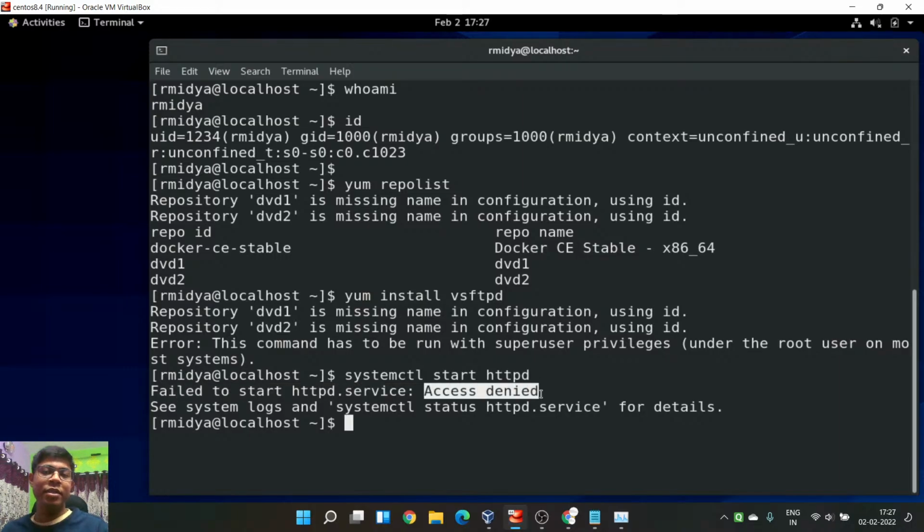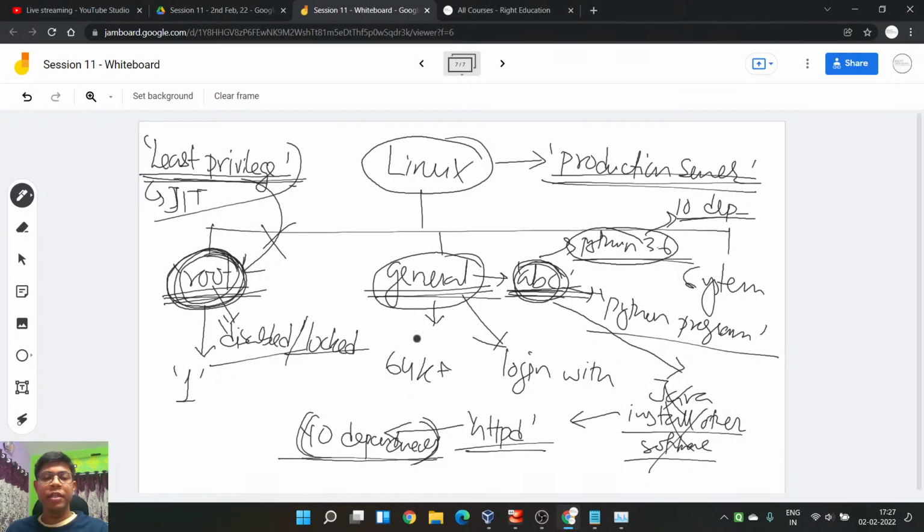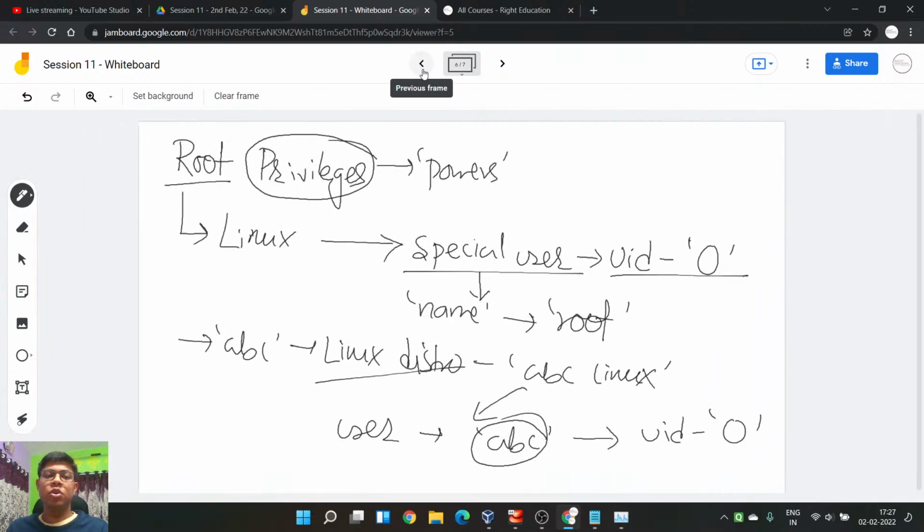So there are lots of scenarios when you will see that your general user doesn't have sufficient power. But I told you that you have to work as a general user, because that is how we can maintain security. But we still need some kind of privileges.